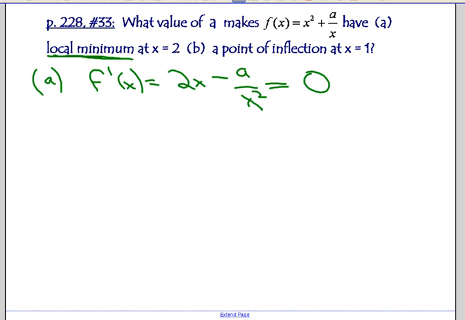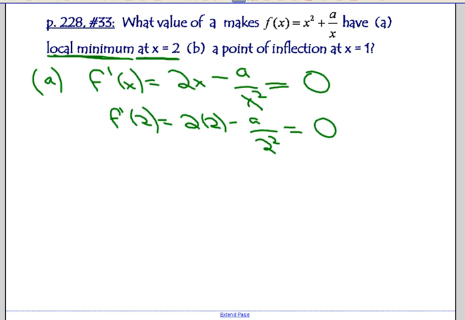And we know we want it equal to 0 when x equals 2, because we have a minimum at x equals 2. So let's take our derivative at 2. I'll sub in the 2. And we want that to be a critical point. So when x is 2, we want our derivative to be 0. So I'll simplify a little bit. I'll solve this. And it looks like a will have to be